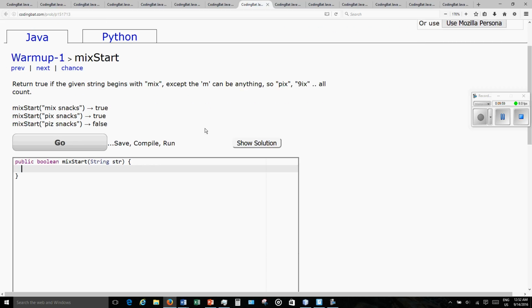Oh, we're starting to do string methods now. If the given string begins with mix, except the end can be anything, so pix and 9x all count. So basically, they're asking if the second and third characters are ix. So we're going to do if str, because it's passing us the string, so str dot charAt, and index 1, because this is index 0, middle one is index 1, and second one is index 2. So charAt equals equals